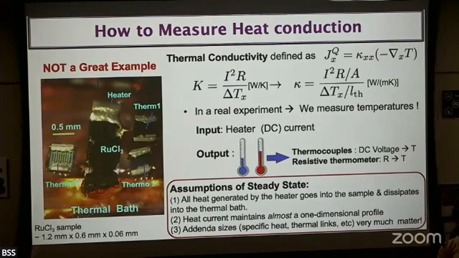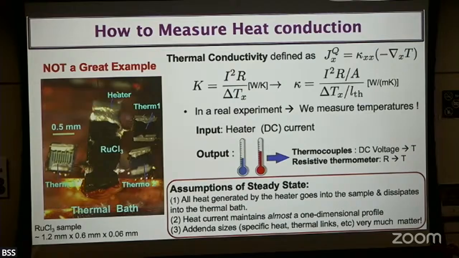So you should know the basic thing about your sample. Your sample's thermal conductivity is on the order of 1 to 2, 1 to 10, let's say, okay? And this thermometer, this silver, has a thermal conductivity of 200 to 1,000, okay? So we assume that from the heater connecting to the sample, the connection has much, much higher thermal conductivity than anything in the sample. That's why we assume that the heat is going into the sample.